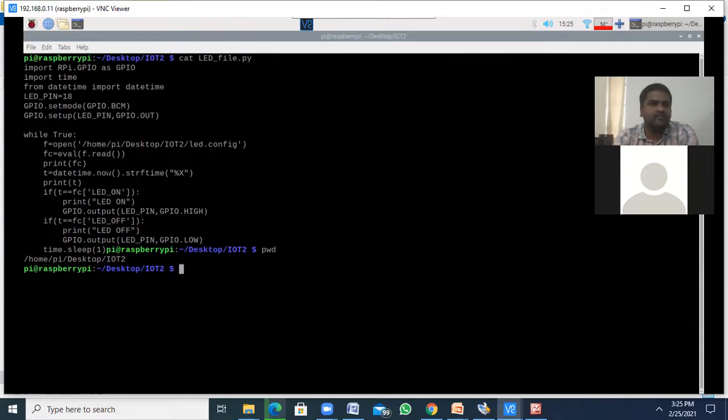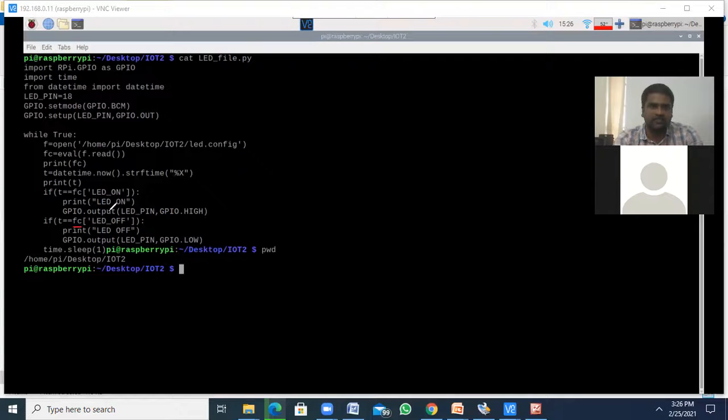So after that I'm printing. I'm getting the date, exactly the time. How can I get the time? datetime.now. Now here I'm getting x. What is the meaning of x? It takes the hours, minutes, seconds. The time will be printed here. Print t. So every time it executes, if the t, whatever the t is, equals fc of square brace. Here, this is my dictionary fc.